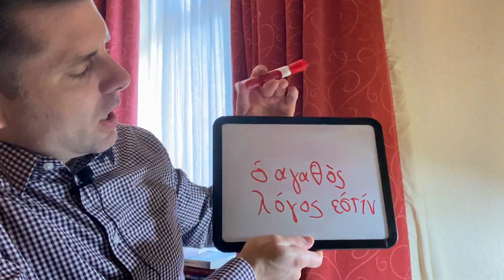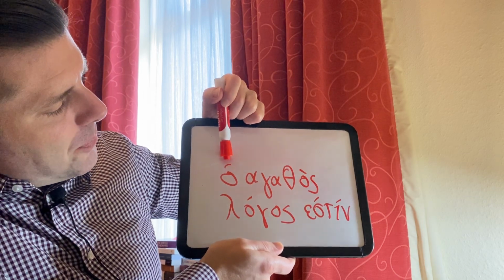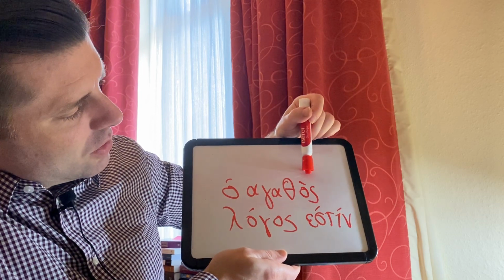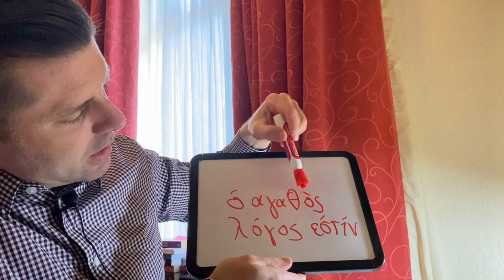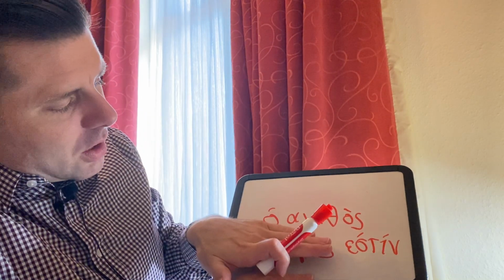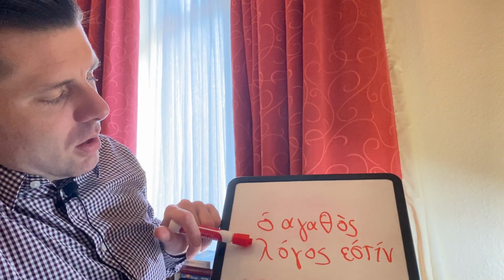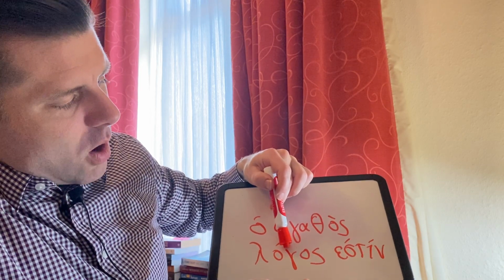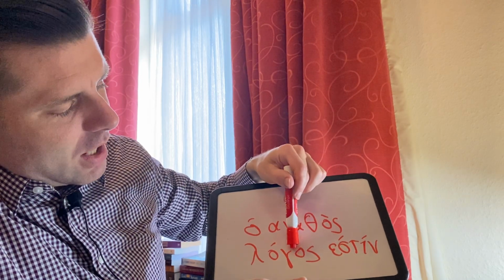Okay, so the omicron is the article. You got agathos, which is good. That's describing something, because we know it here. It was acting as its own. You would find that logos wouldn't be there. It'd be the good is something. But we have logos, so we know it's the good word. This is the noun, that's the adjective. So the adjective, in relationship with the noun, is going to describe the noun.